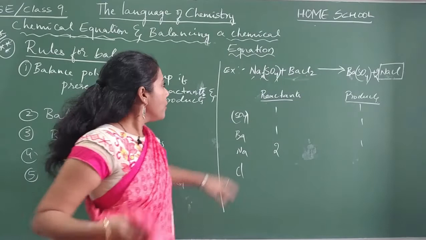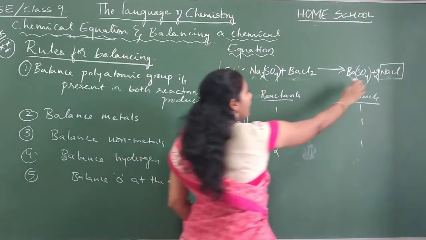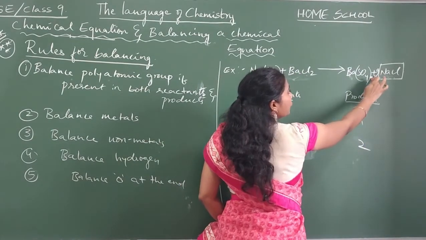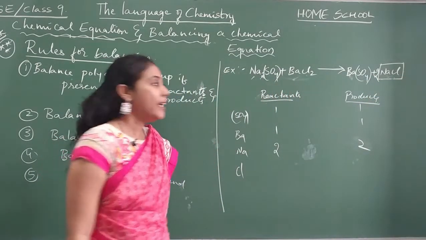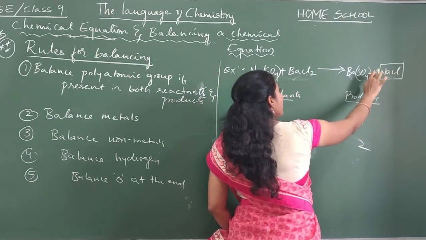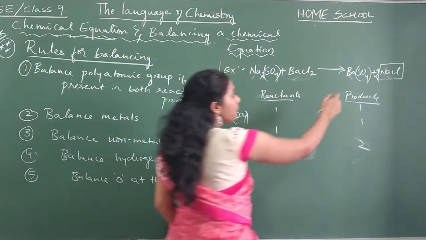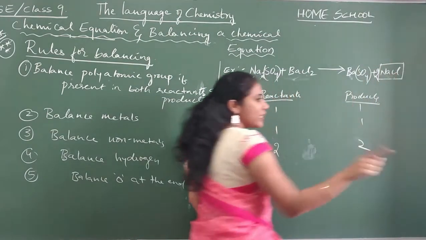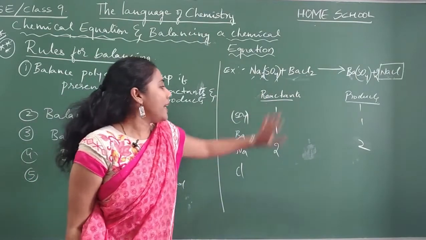Now again you check. Sodiums, 2 are there on the reactant side. Now on the product side also, your sodium atoms are 2. Now this 2 belongs to sodium and it can belong to chlorine also. So never ever put the 2 here. Always before a formula, on the left side of the formula, you have to put the 2. And once you have put the digit, this digit can belong to sodium as well as chlorine, remember. Now we have balanced sodium.